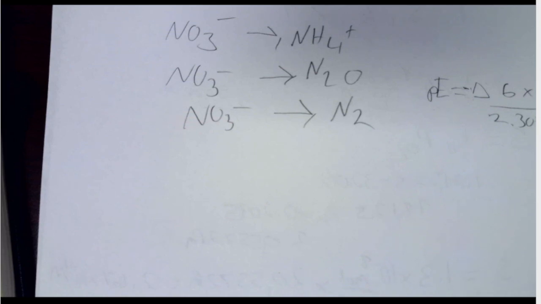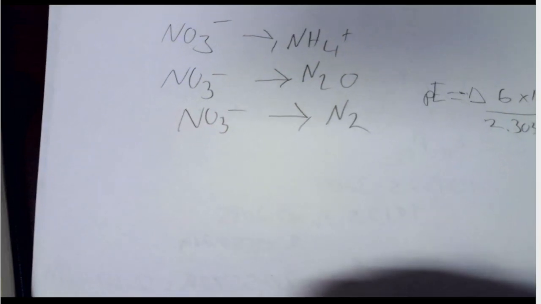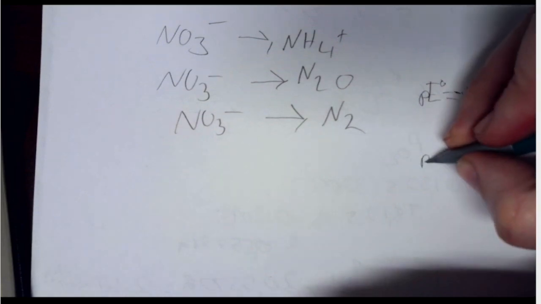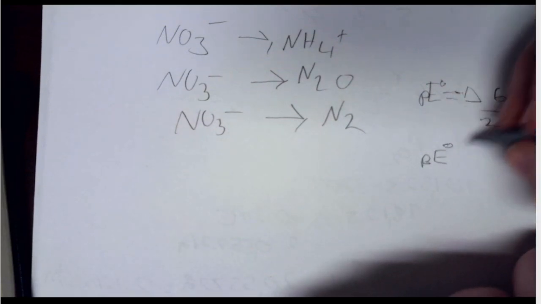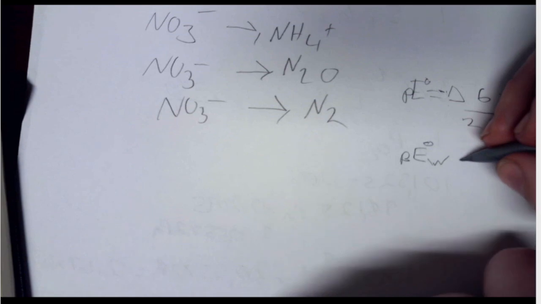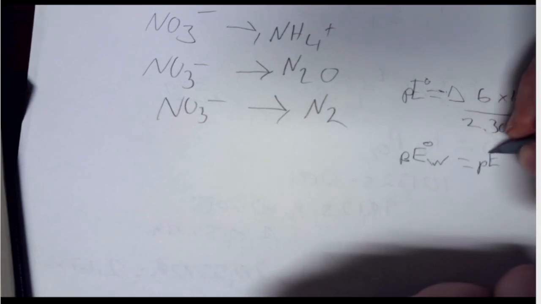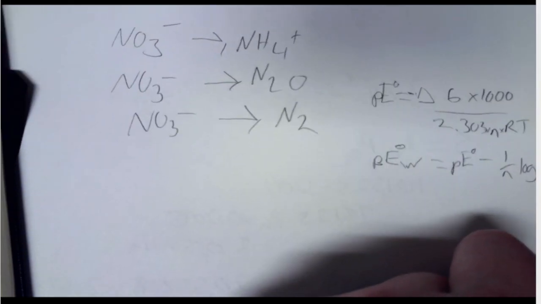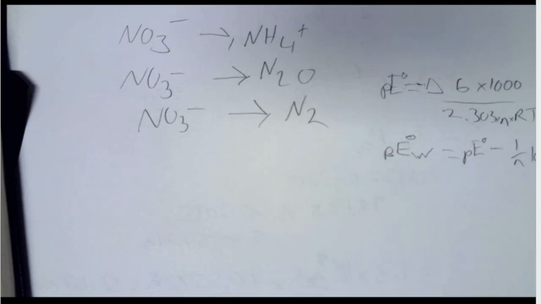We can do that. And if we want to, then it says calculate the PE with normal water values for the same reactions, where we have to factor in a different pH. The PE for non-standard water is equal to the PE standard minus 1 over n log 1 over usually the H plus raised to the power of x. Okay, so with that in mind,